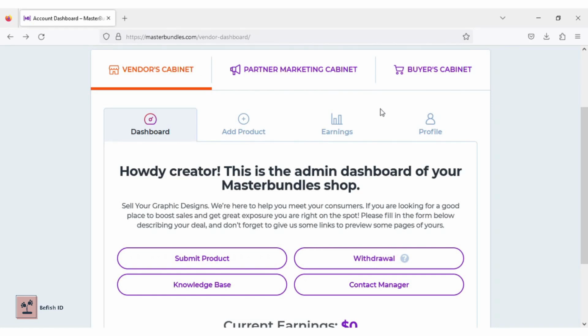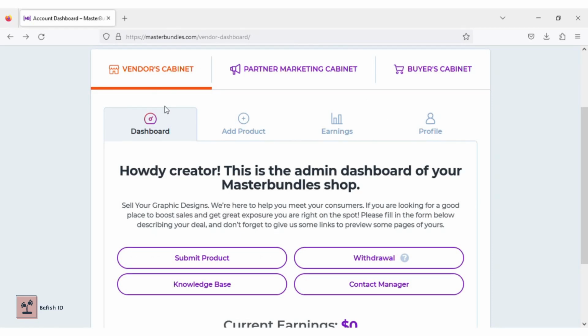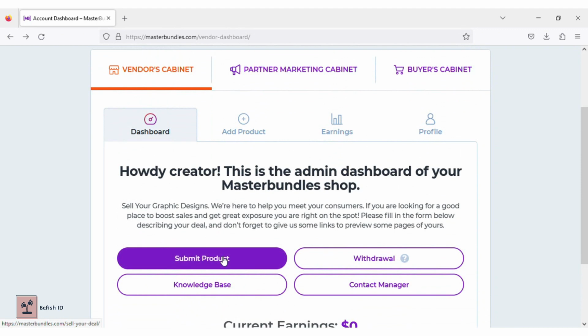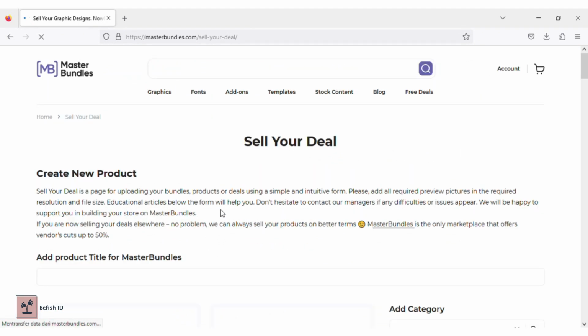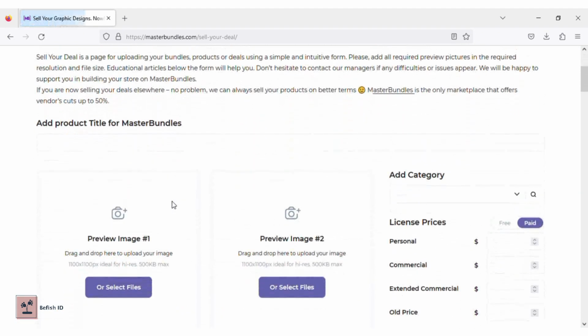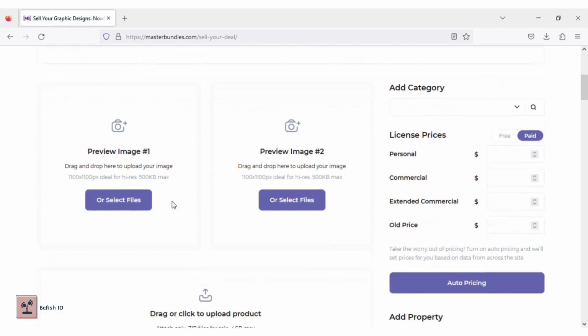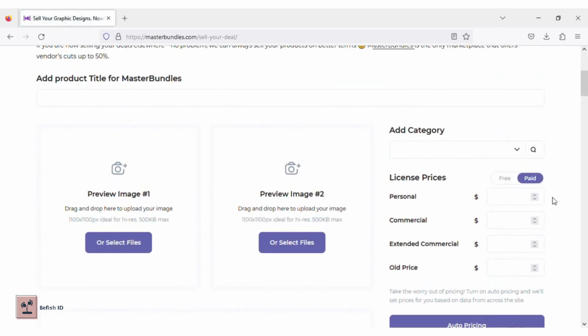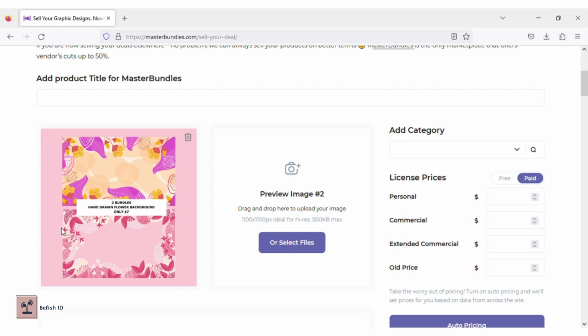The first thing you have to do is log into your account and enter the dashboard menu. Click Submit Product. Before uploading files, we have to prepare several images and a zip file. But first, we need 1100 by 1100 pixels, and the maximum file size is 500 kilobytes. Drag your image for the display picture like this,